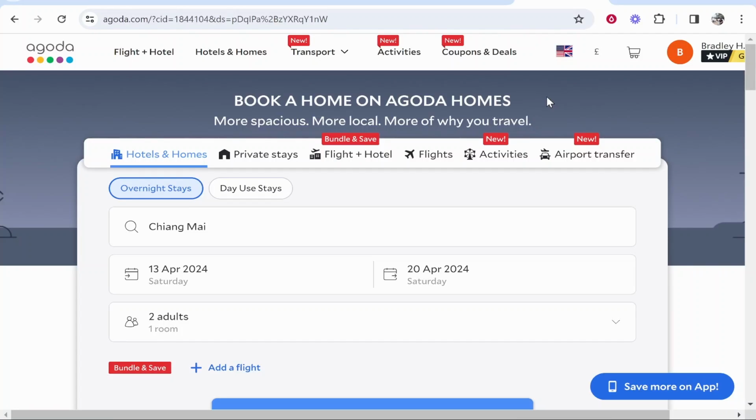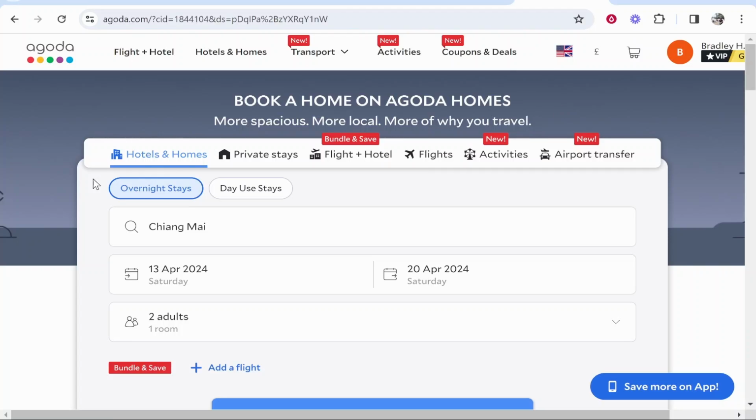In this video, I'll show you how you can book a hotel on Agoda. I'll book a hotel with you live on video, and I'll show you here what you need to do step by step. So first you want to come to agoda.com. You can either get there by just Google searching for Agoda, or I'll probably leave a link in the description